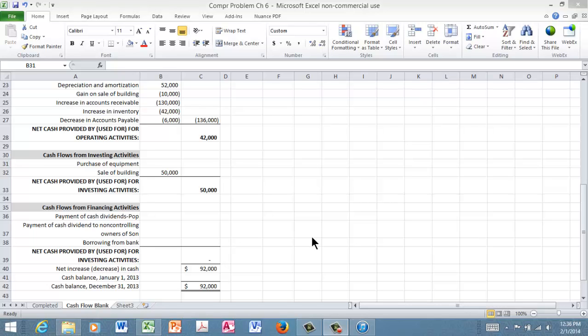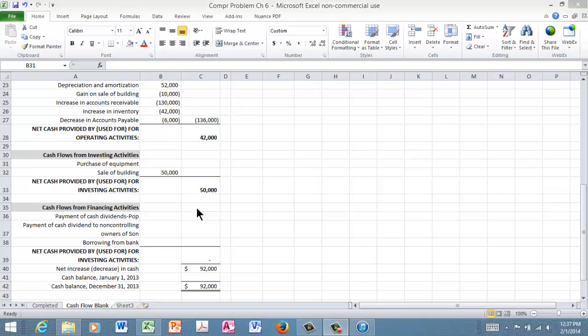They borrowed $100,000 from a bank. We're going to talk about that in the financing activities. But then the last statement said they purchased equipment for $60,000, and they also say these transactions were all with outside parties. And so that statement basically says this is now something you'd show on the consolidated statement,